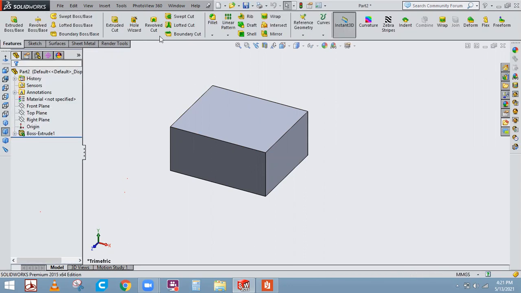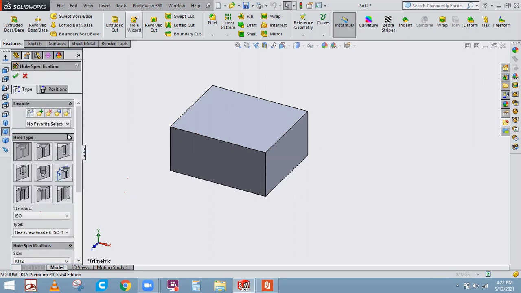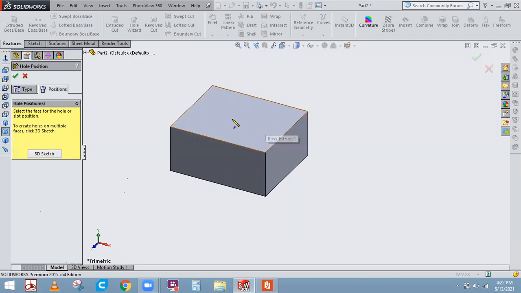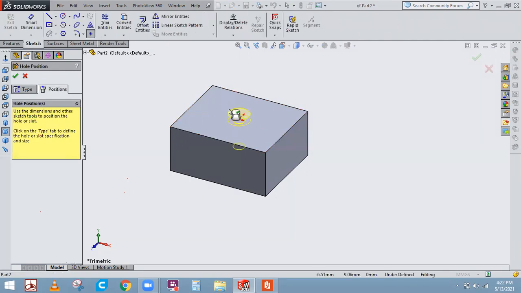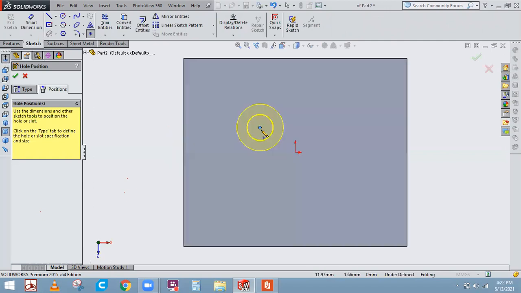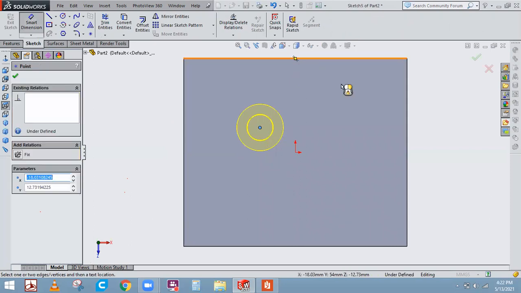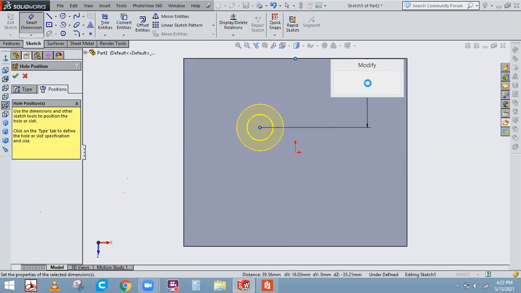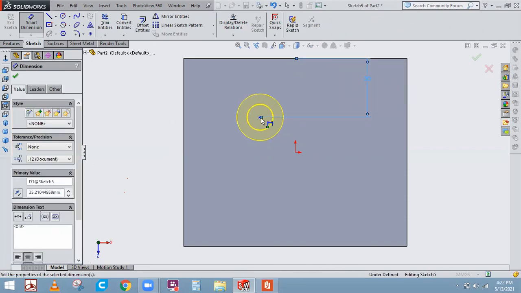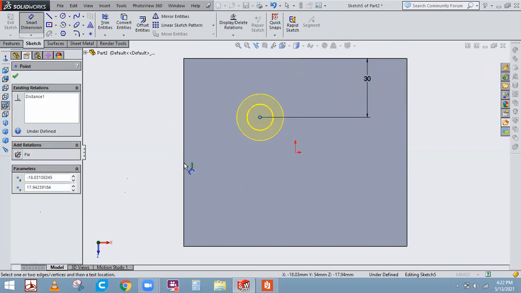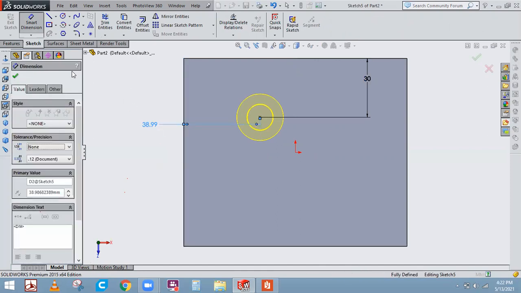Once again, I'll tell you, just select this Hole Wizard. Just click on these positions and select this face. Once you select this face, just place it somewhere and make it normal to, and try to assign the dimension to this particular point. From here to here, say I want it at some 30. Same way, just select this plane and this line, and I'll make it some 40. So it will be placed. Got it, right?